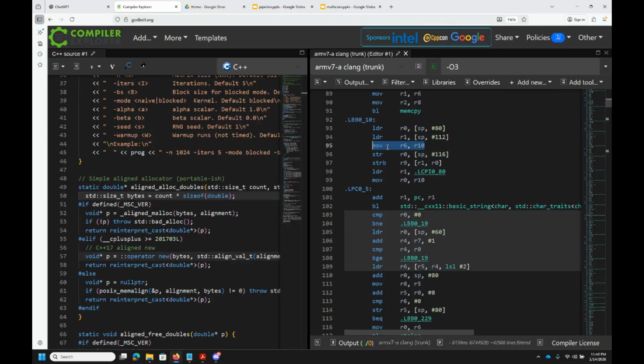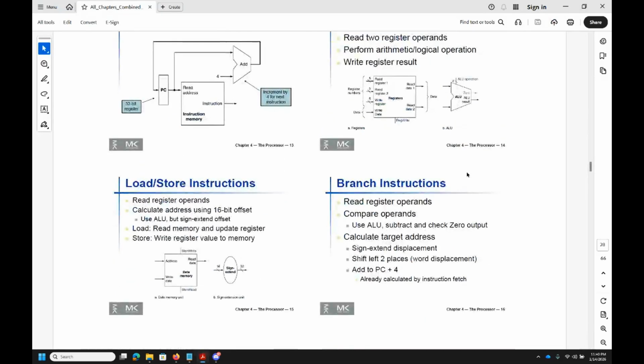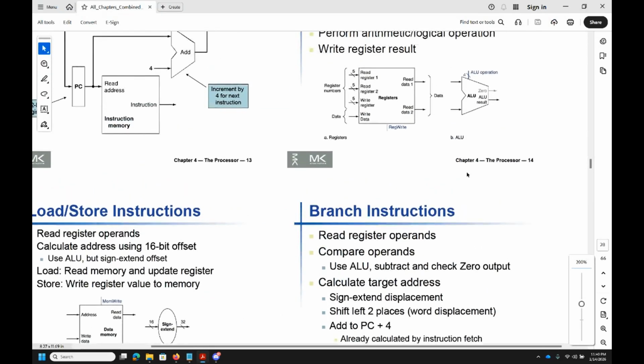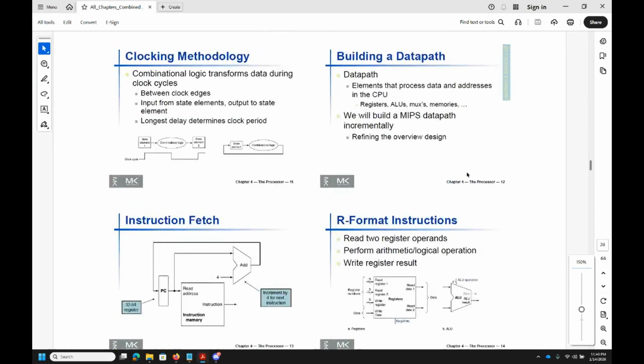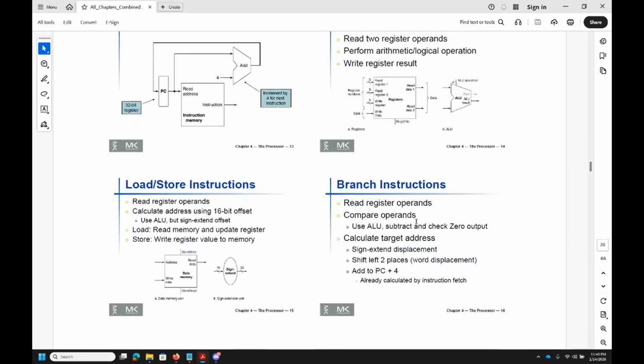So here you have two registers only, and you're taking a register value only and manipulating that directly, as opposed to this where you are comparing the register value with the number zero. So this hash zero is not a register here; it is literally the number zero. So this is something known as an R format instruction, where you read two registers, do some math on them, and you write the result also to a register.